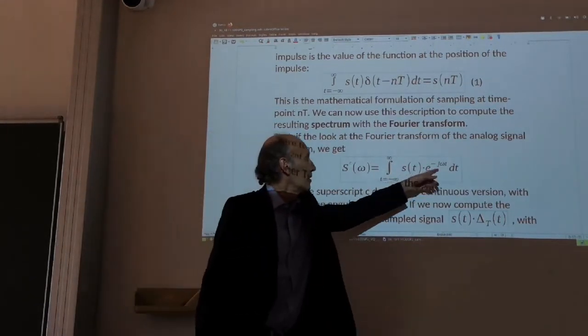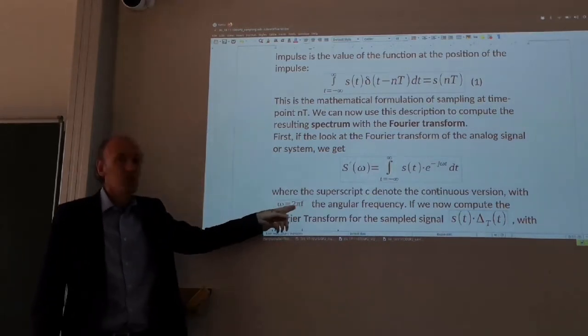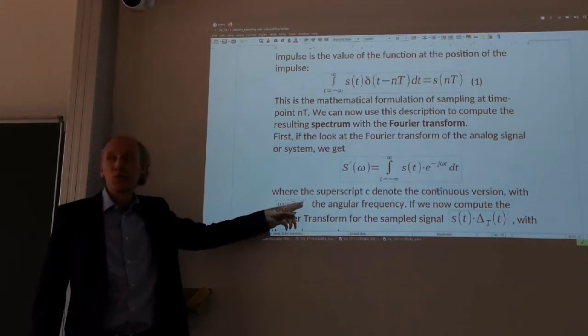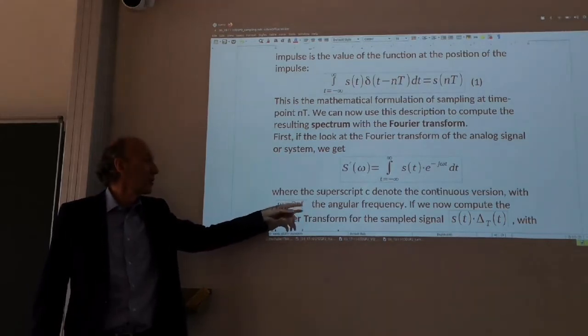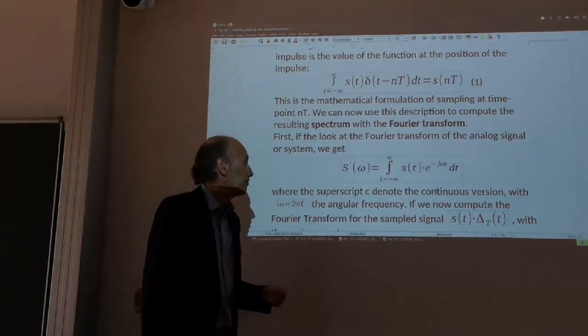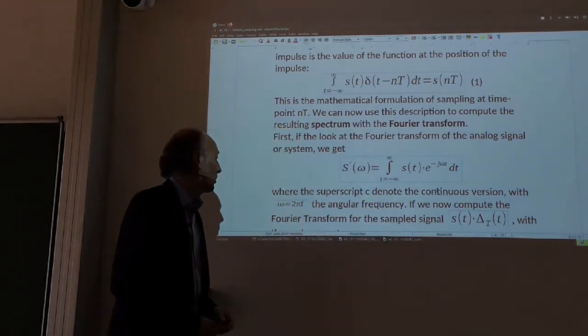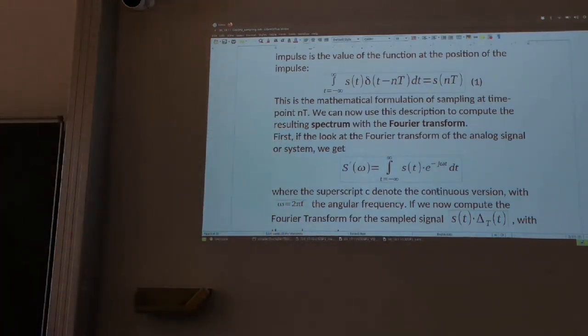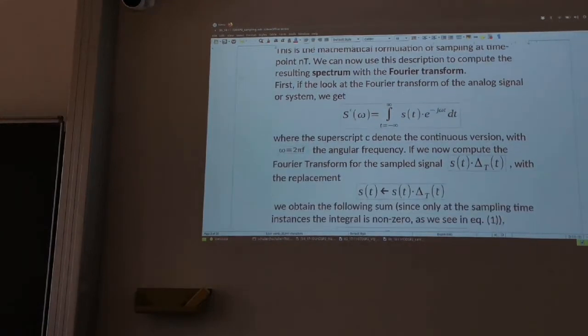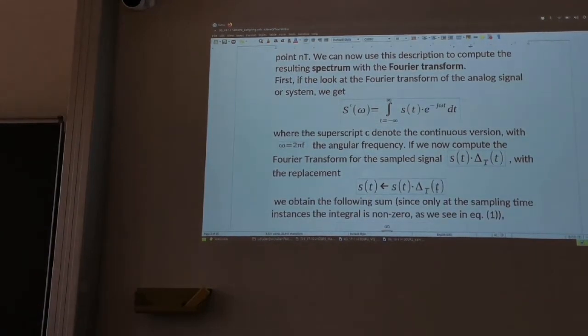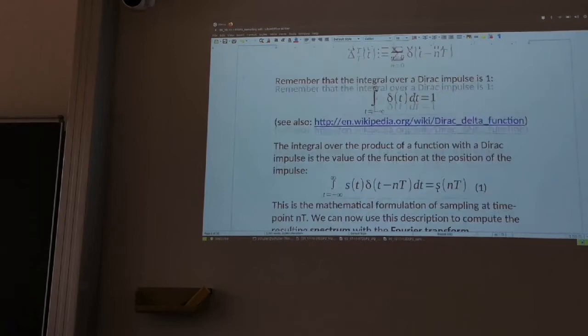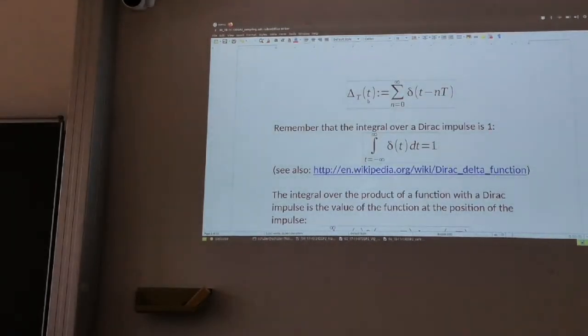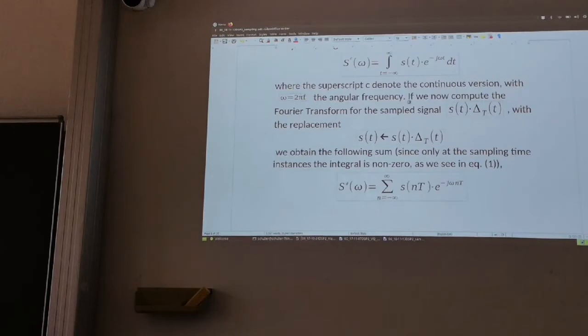And this omega here is the angular frequency, 2 pi f. So f would be the frequency in hertz, and this is 2 pi times the frequency. Yeah, so now we go to the sampled signal. We compute the Fourier transform of our sampled signal, s times delta T of t, where delta T is the sum. Remember, I defined this train of Dirac pulses. So now we have a signal which only consists of a train of